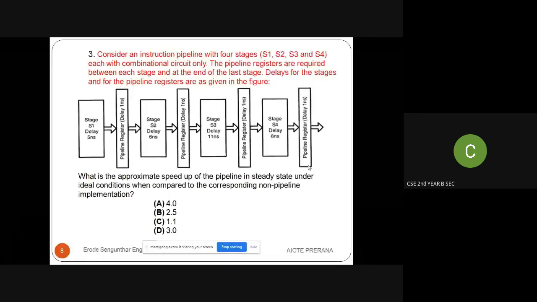So consider this diagram. These instructions can be processed with the pipeline also, and it can be processed without pipeline also, right? So they are asking with pipeline how much speed it is going in, and without pipeline how much speed it is being carried out. So comparing